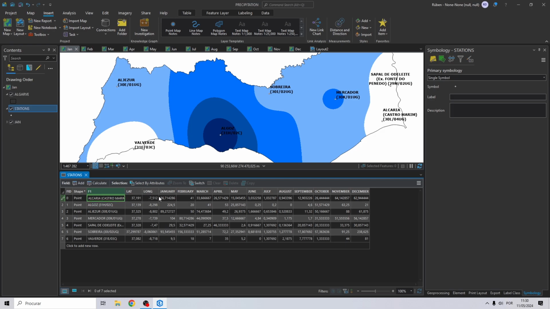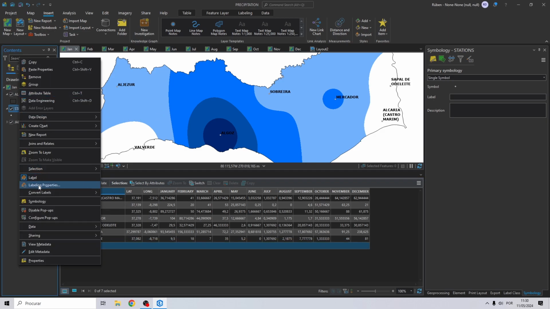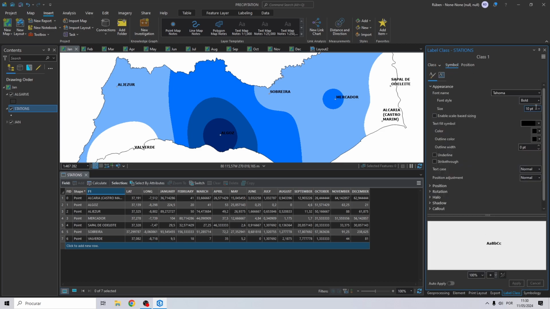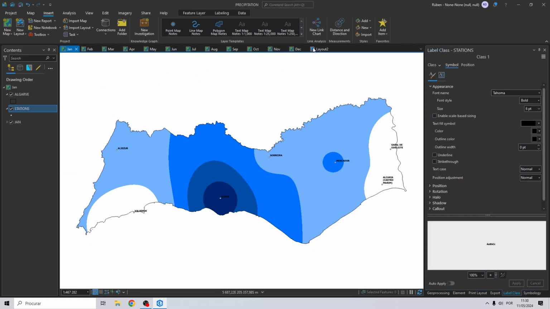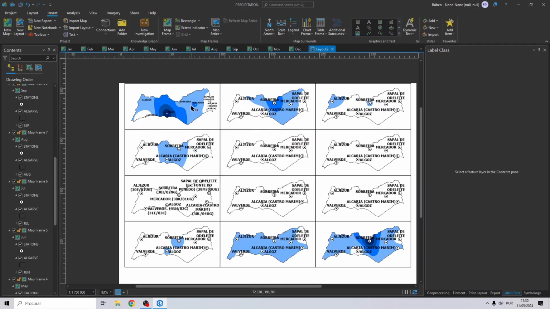So let's open the attribute table, and right here on the F1 column, just select the letters or the text you want to remove and click on delete, and do this for all of the stations like I'm doing right here. So let's delete these last two like this. We can close the attribute table. Let me just go here and lower the size of the font,